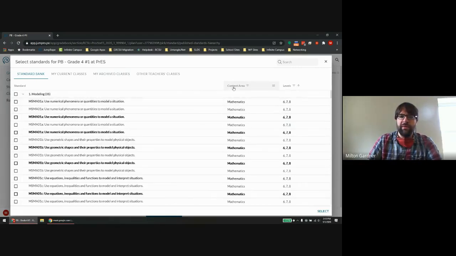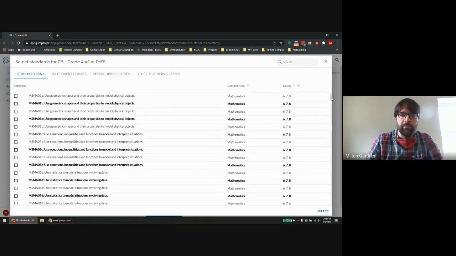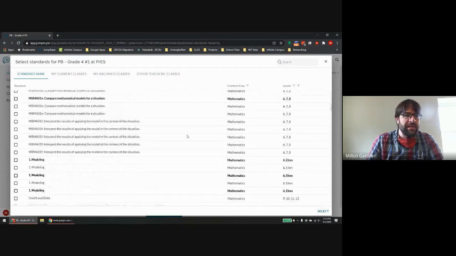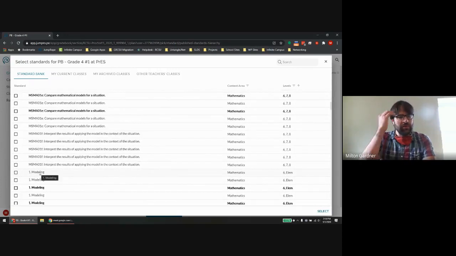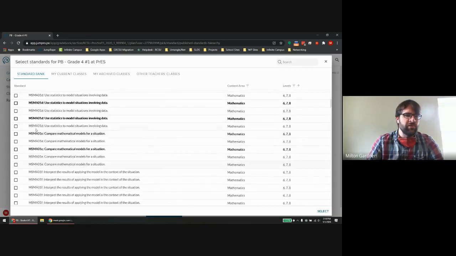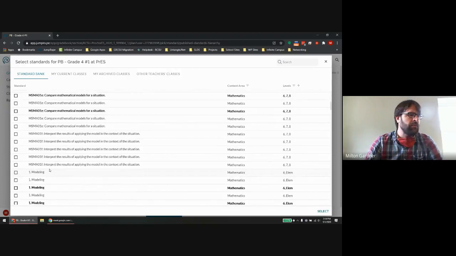So these are all of the mathematics proficiencies and indicators for grade level 6, or where grade level 6 is indicated as a possible for that indicator. And now I could look down through these things and select those that I wanted. We have some overlap here, as you see, there's a few different things here like modeling. So these are for the overarching proficiency, I should say. The performance indicators below, normally we have in this sort of format. But at the elementary level, we had been only requesting teachers score at the proficiency level. So that's what these were utilized for. And the bold, as you'll note, if you take a look through, these are